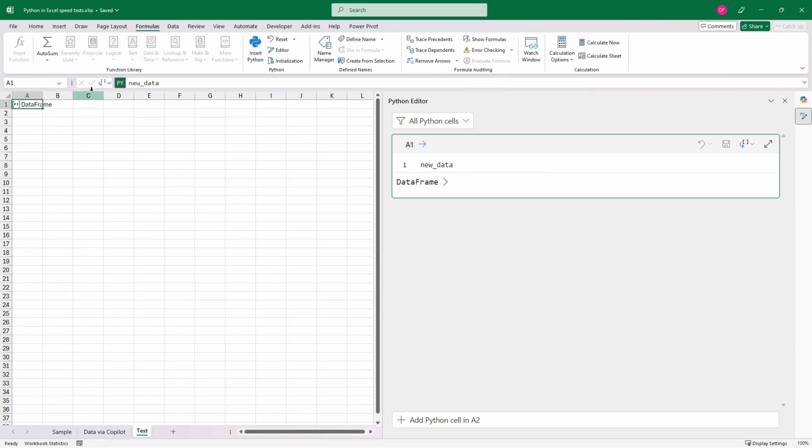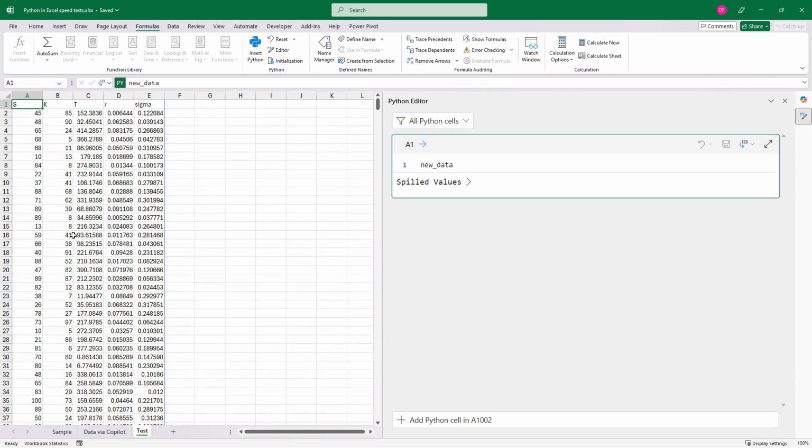And I'm going to save that. By default, it outputs the object. I actually want it to output the spilled array. So there's the data. The next thing I want to do is I want to apply the call function against